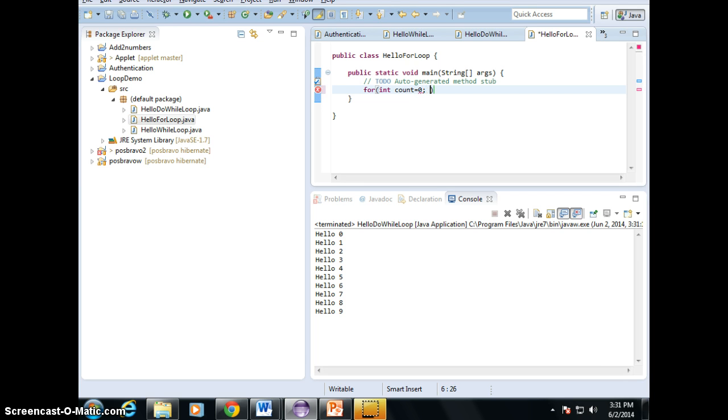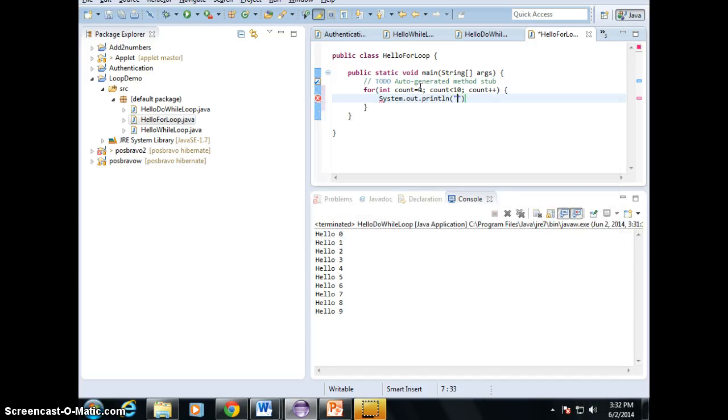And then you separate by semicolon. Should be the second one, condition, right? Count less than 10. Separate by semicolon, increment. So some people just like for because it's very easy. You just put them all in one parenthesis. And then that's it. You just do